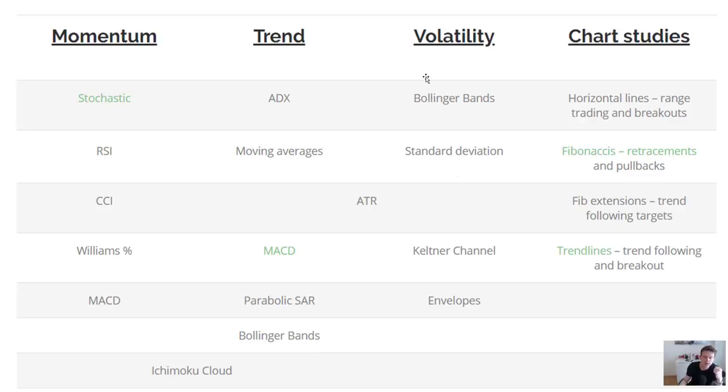Then we have volatility indicators, which can show you information about how strongly the market is fluctuating. Those are the Bollinger Bands, ATR, to some degree, they fit into both categories, Keltner channels as well, and the envelopes. So those are a few tips and just a basic idea so that you know how to classify and categorize your